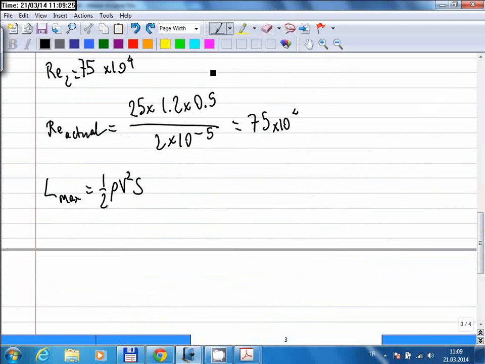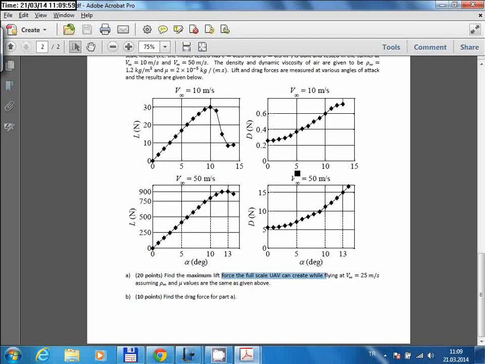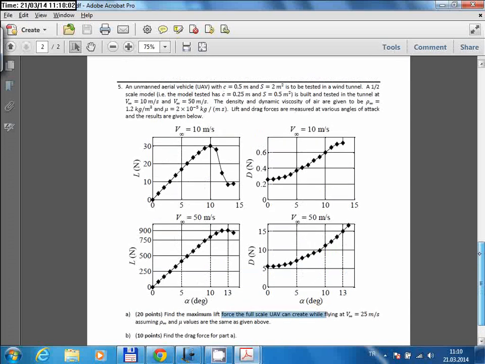We know what it is. It's 1.2. And the speed of the flight is given. It is 25 meters per second. And the wing surface area is given. So the only thing that can change the lift force is the lift coefficient. If we are looking for the maximum lift force, then we should be using the maximum lift coefficient in this equation. Since every other term in this equation has a constant value, we cannot maximize them. And if you put in the numbers here, 0.6 times 25 squared times, what was S? 2 meters squared